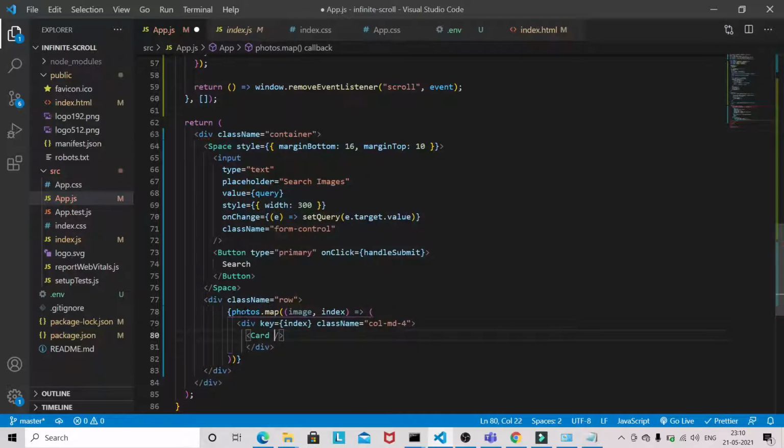Then Ant Design component we are going to use to display the card. We have to provide the prop cover.